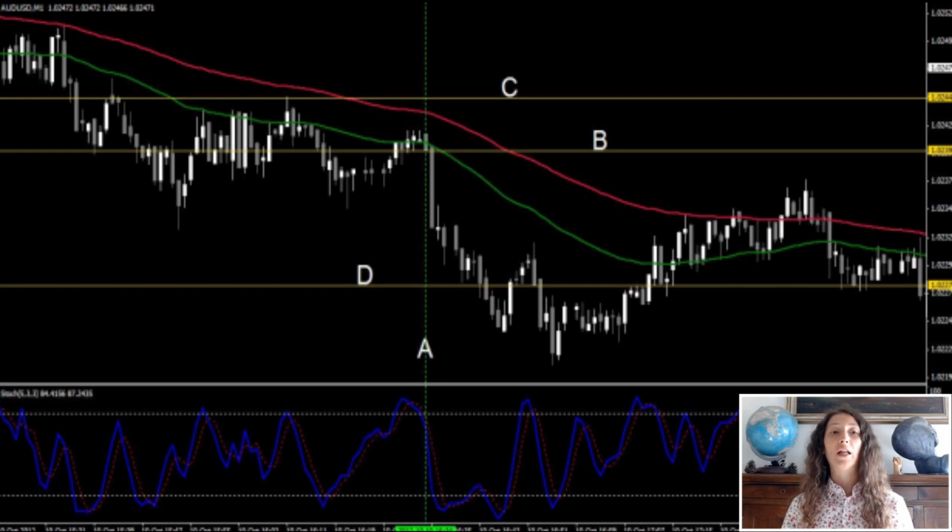Immediately, a short trade was placed at the close of the signal candle, where the conditions above were met, along the horizontal line B at 1.02397. Then a stop loss of 5 pips was set at 1.02445, and that's exactly 3 pips above the last swing high point, horizontal line C. Then a take profit of 12 pips below the entry was set at 1.02277, horizontal line D. The profit target was hit 9 minutes later.